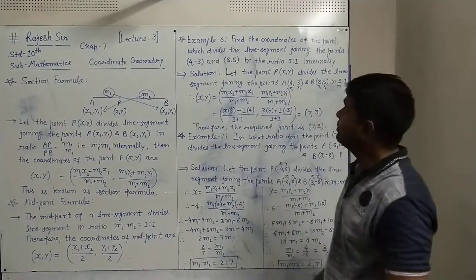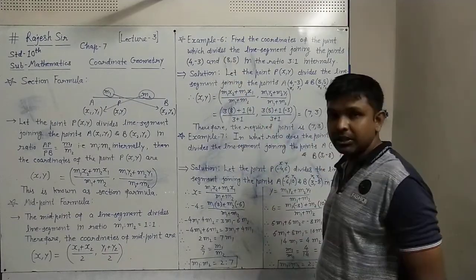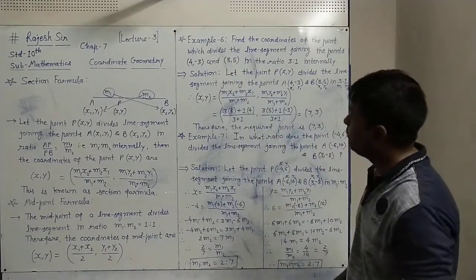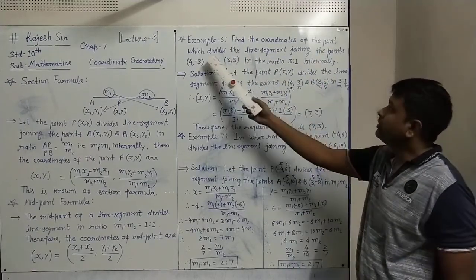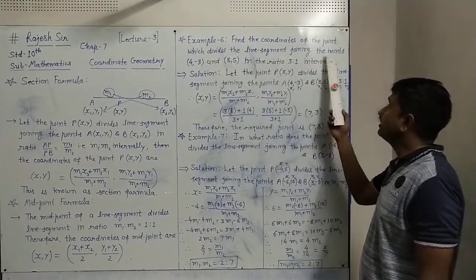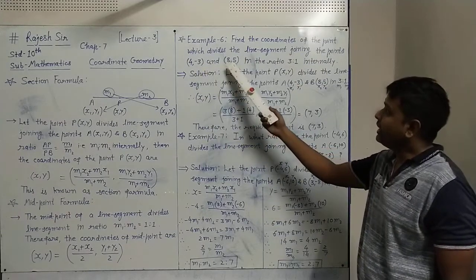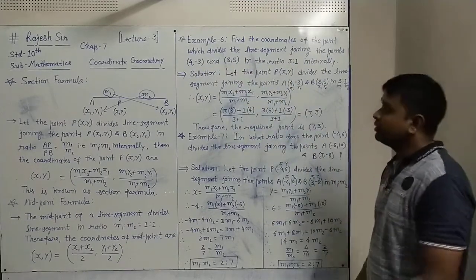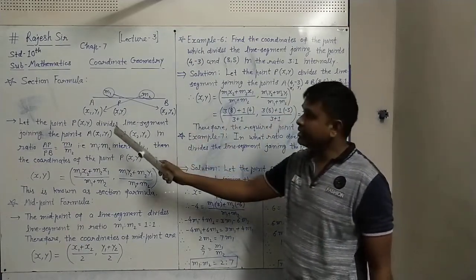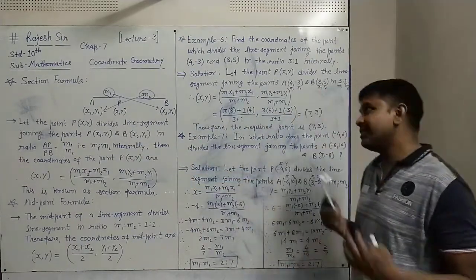So in this lecture we will see example number 6 and 7, which come after this formula. Example 6 is: find the coordinates of the point which divides the line segment joining the points (4, -3) and (8, 5) in the ratio 3 is to 1 internally. So this is the same situation as the section formula given. So we will apply the same